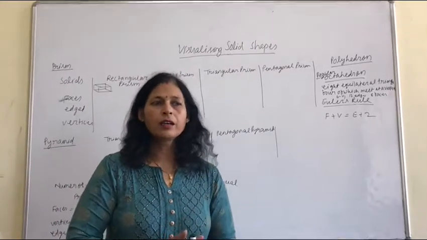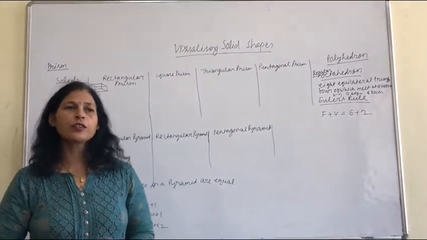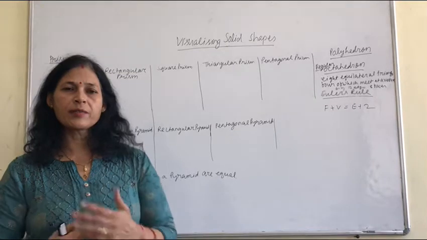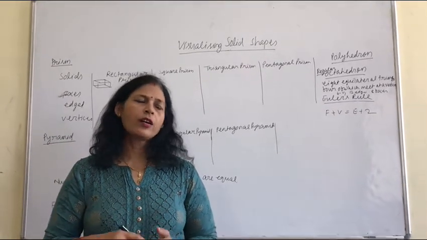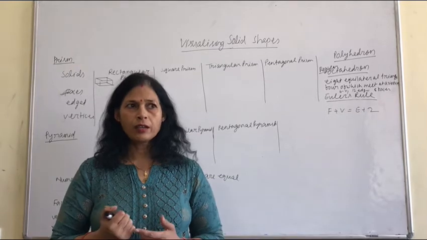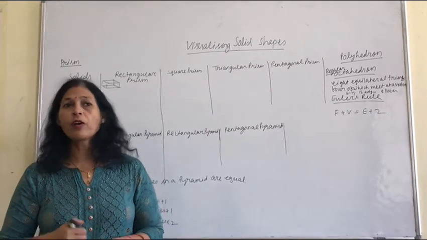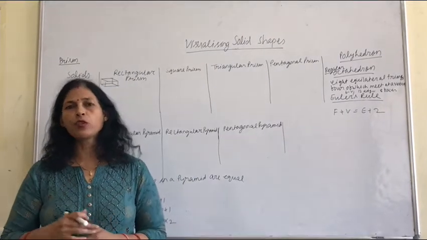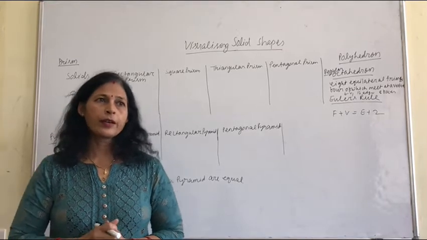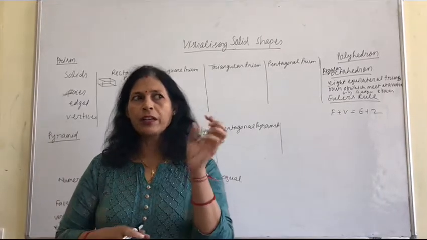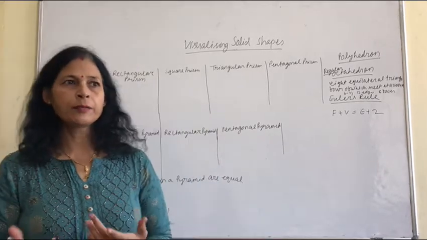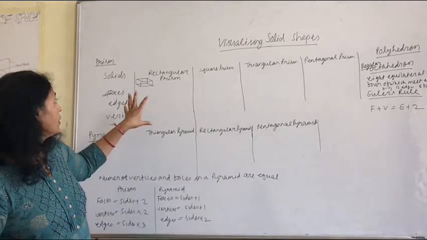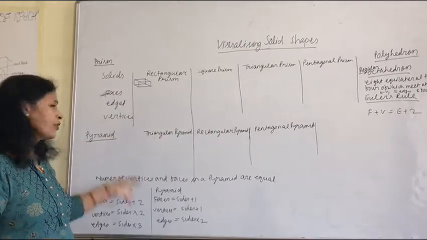Dear children, in the previous video I explained what two-dimensional and three-dimensional shapes are, and the types of 3D shapes like cube, cuboid, cylinder, cone, and sphere, and how many faces and edges they have, and the net diagram, how to draw the net diagram of a cube, cuboid, and cylinder. Okay, and a little bit about your ideas about prism and pyramid. Here I will clearly explain prism and pyramid.